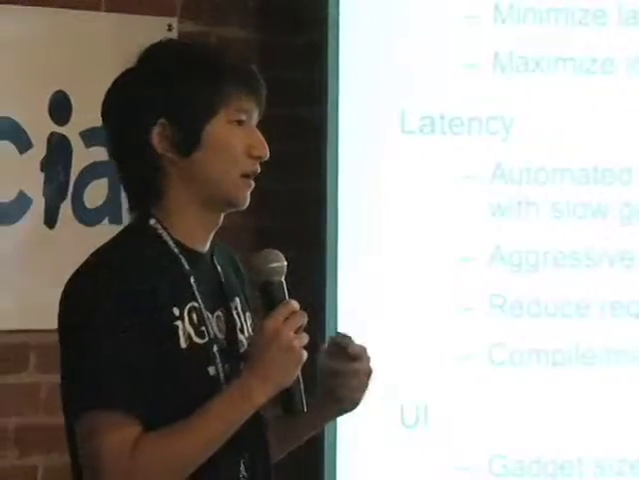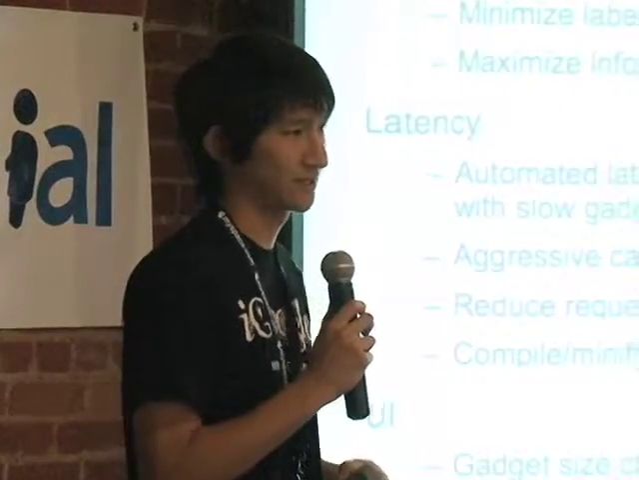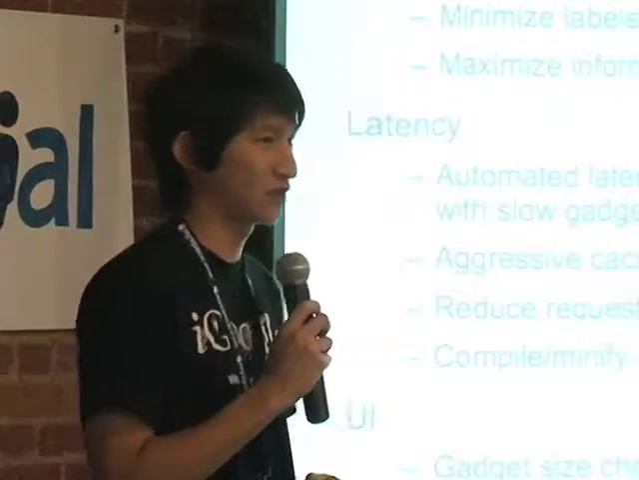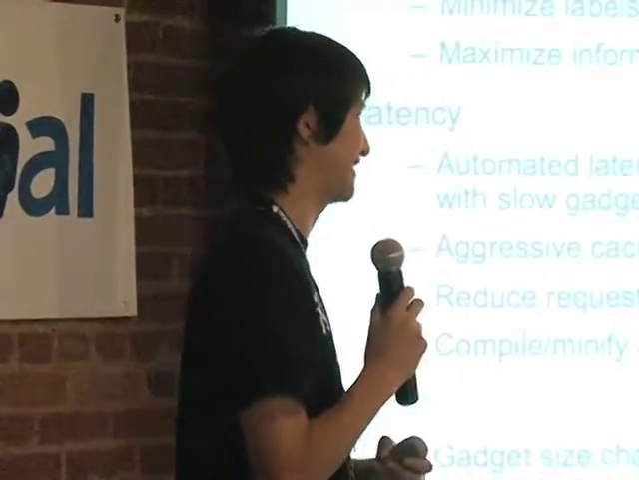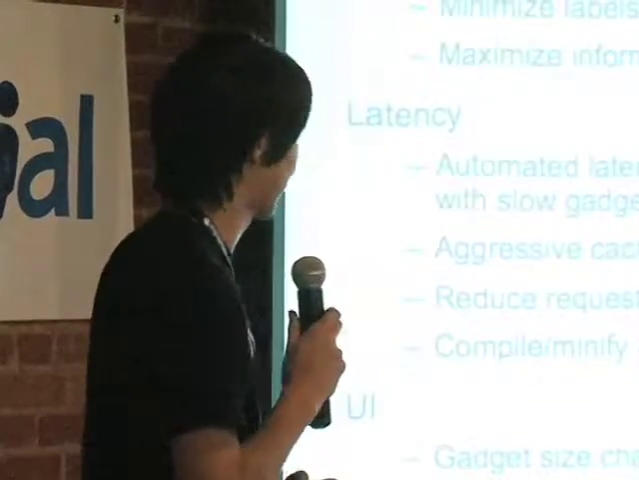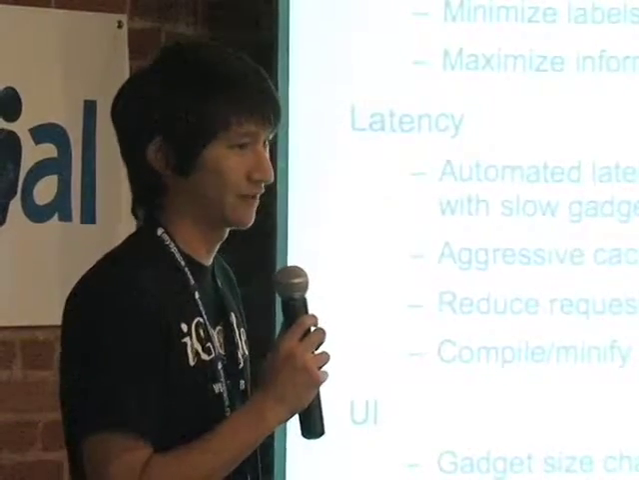A couple tips there: aggressively cache JavaScript and CSS files in the caching headers, reduce requests, combine all of your JavaScript files. You should only really need one JavaScript file. Sprite as many of the standard images together as possible, and compile and minify the JavaScript file, of course. And then from UI,